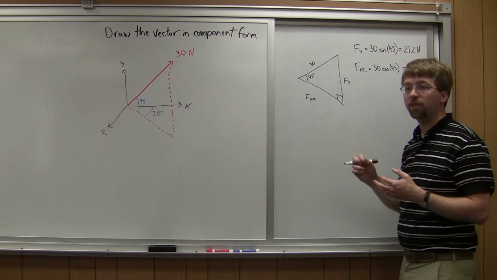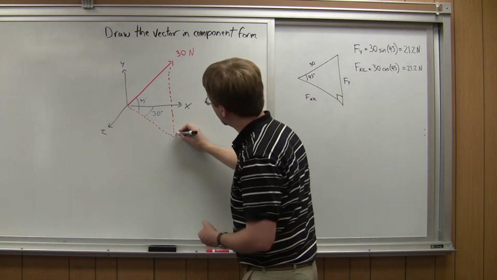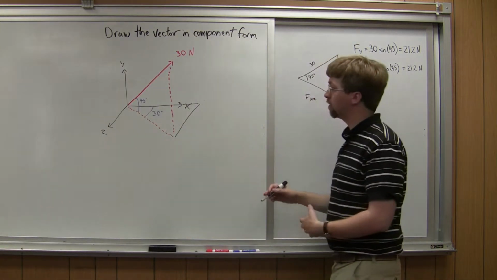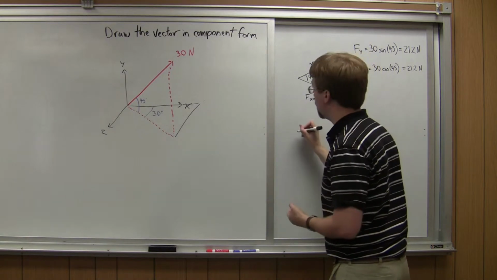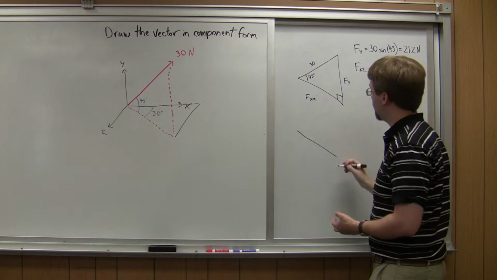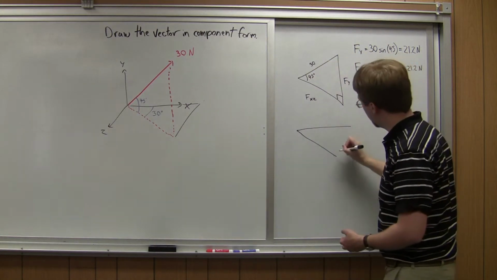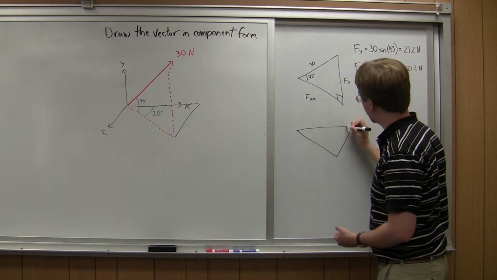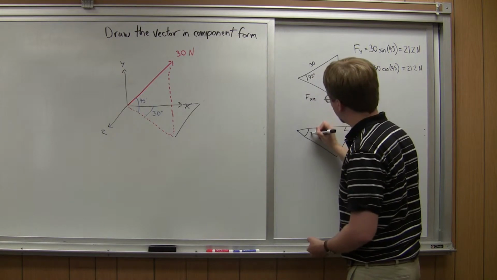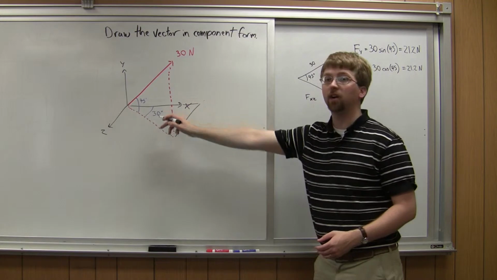Alright, so now I've got a second triangle I'm going to draw in. If I go back over to my diagram, it's going to be entirely in the xz plane. It's going to look like this. So this is Fxz, it's the same line I have up here, and I've got a part that goes in the x direction and a part that goes in the z direction. So this is my right angle over here. And I know that this is 30 degrees, and that's this angle right here.